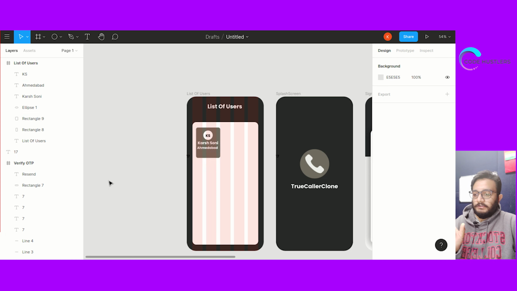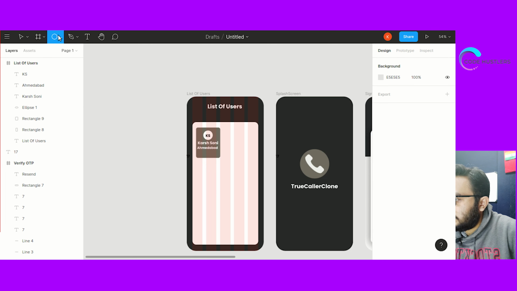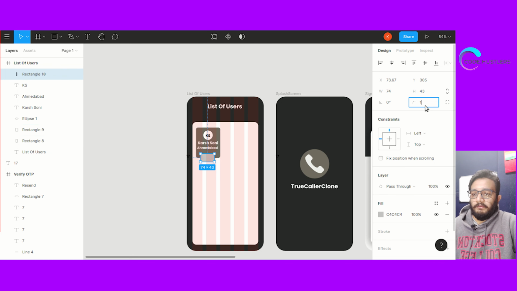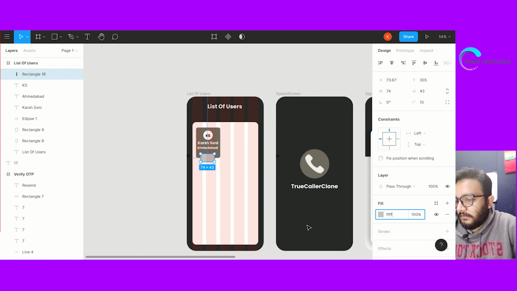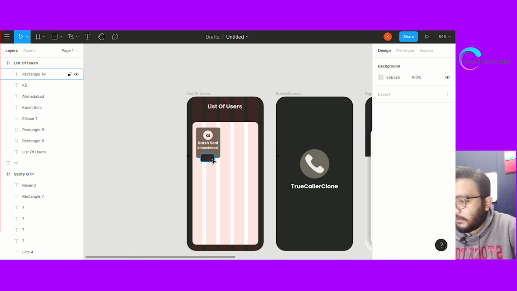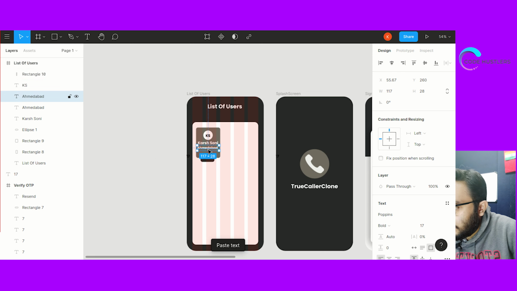Now we will have this button also, so we'll give it a radius. Just put this button in here somewhere, make it into center, give it a radius 10. Color white, not white because our background is white, so instead we'll give it a color 2A2B2A, black.